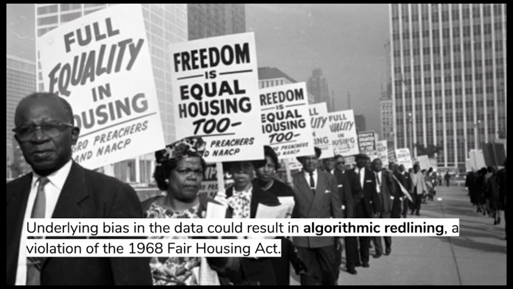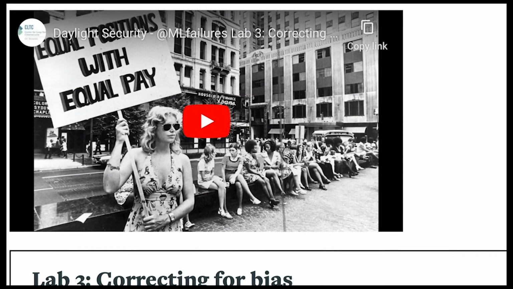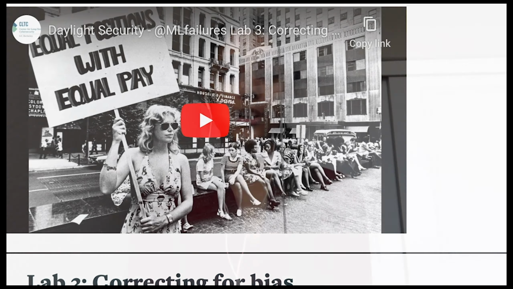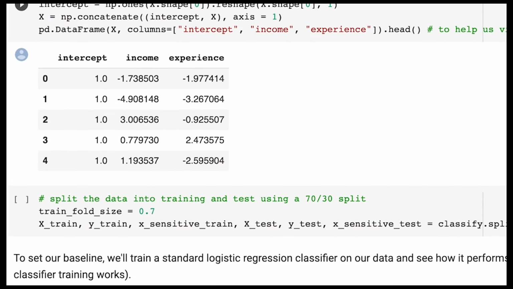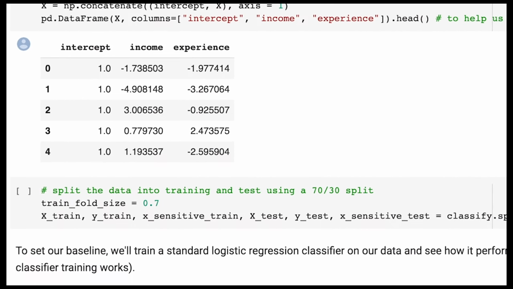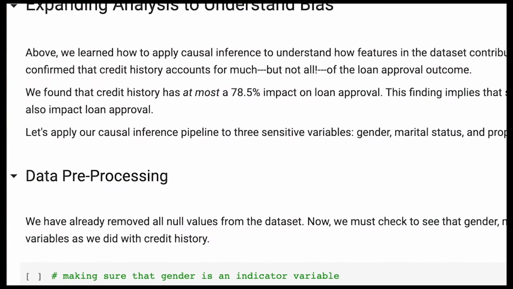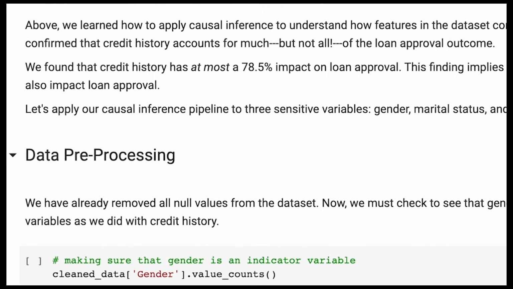Our second lab investigates whether there is bias in a home lending company's prior decisions. And our third lab discusses gender bias in hiring and how to train a classifier to counteract this bias. Our labs are interactive notebooks containing Python code that students can run and edit for themselves. These Jupyter notebooks lay out the technical knowledge for identifying and correcting for bias. More importantly, the labs probe students to think critically about bias in context. That includes examining how we define bias and who gets to do so.